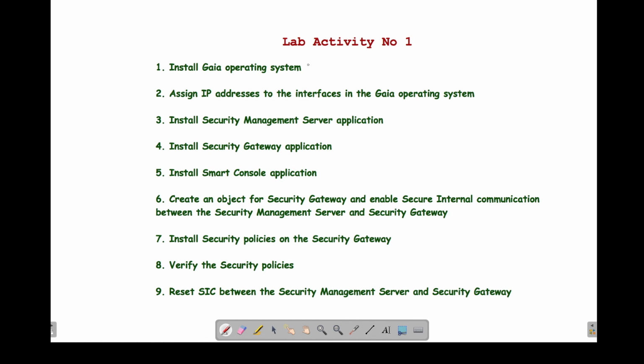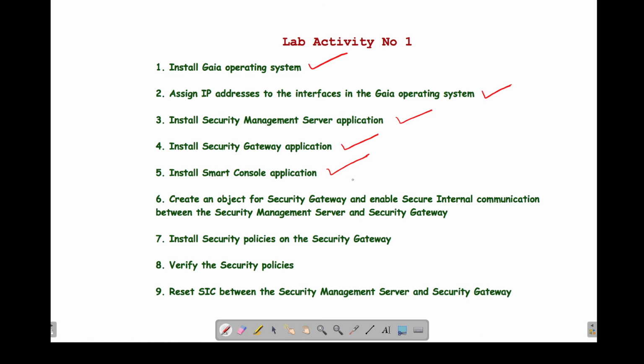We'll see how to install the Gaia OS. Once you install the Gaia OS, we'll see how to assign an IP address to an interface on the Gaia OS. We also see how to install the Security Management Server application, that's the primary management server. We also install the Security Gateway application, and we'll see how to install the Smart Console application.